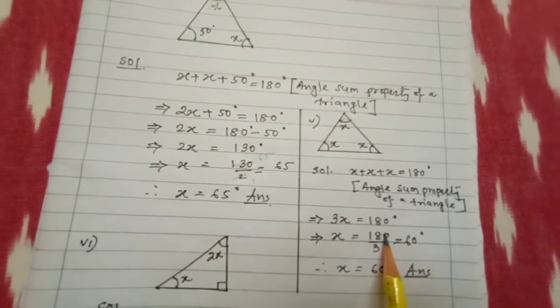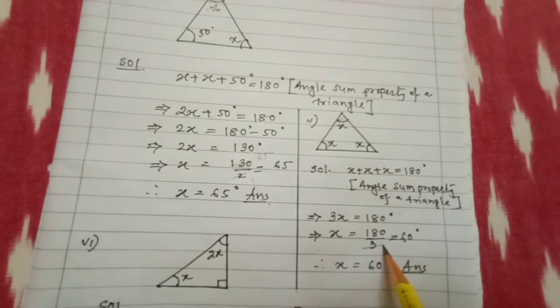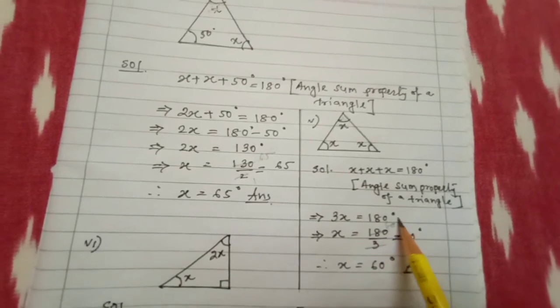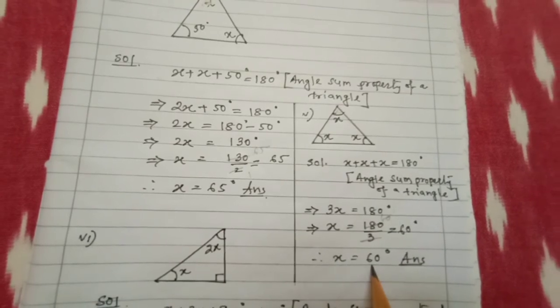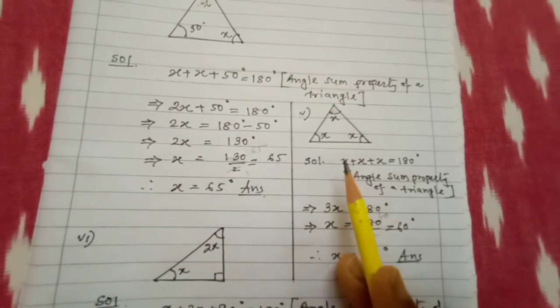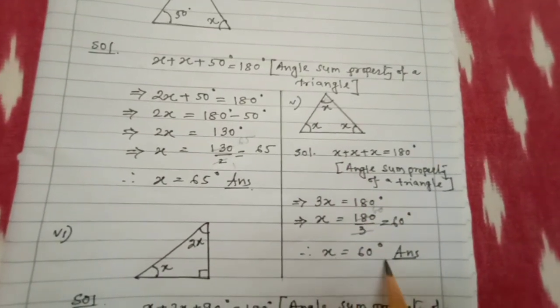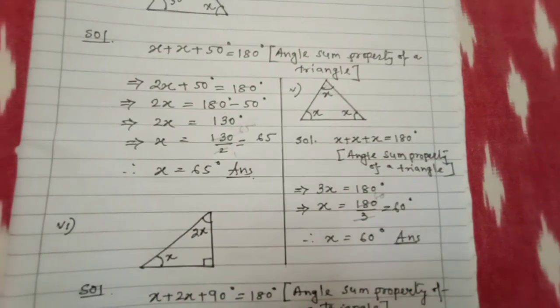x is equal to 180 by 3. You need to cancel it. You will get 60 degrees. So the value of each angle is equal to 60 degrees, and it is also the unknown angle. So the value of the unknown angle is 60 degrees. Next question is,